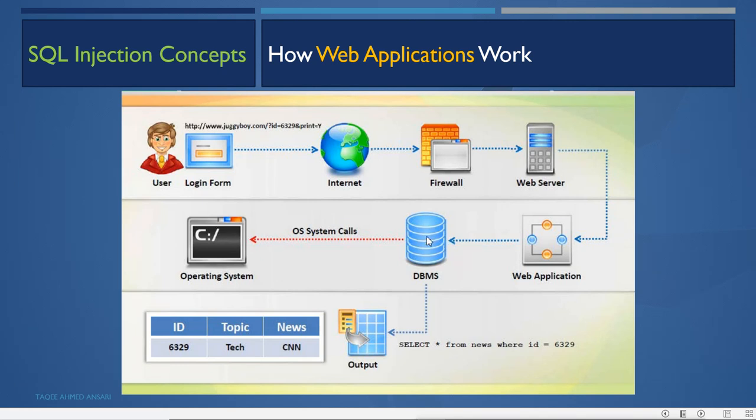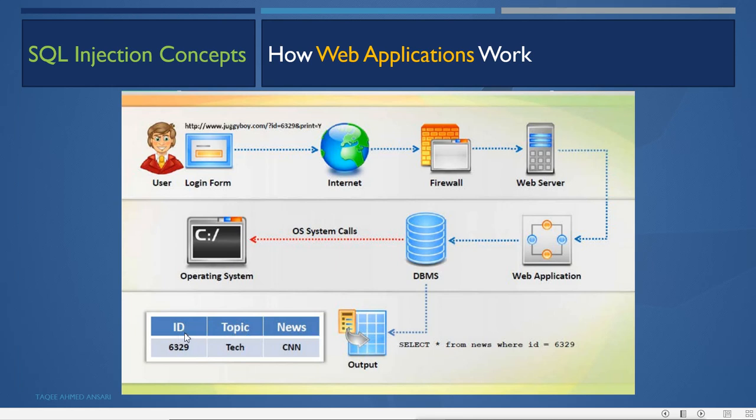Now in the databases, whatever kind of database we have, we have tables, and in the tables we have rows and columns, as you see in the image. In the rows and columns it stores the data. For example, in this image we have the columns ID, topic, and news.